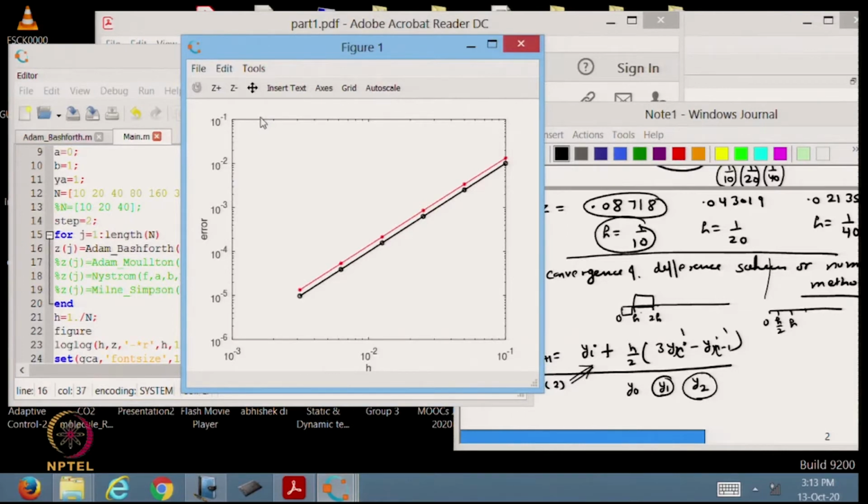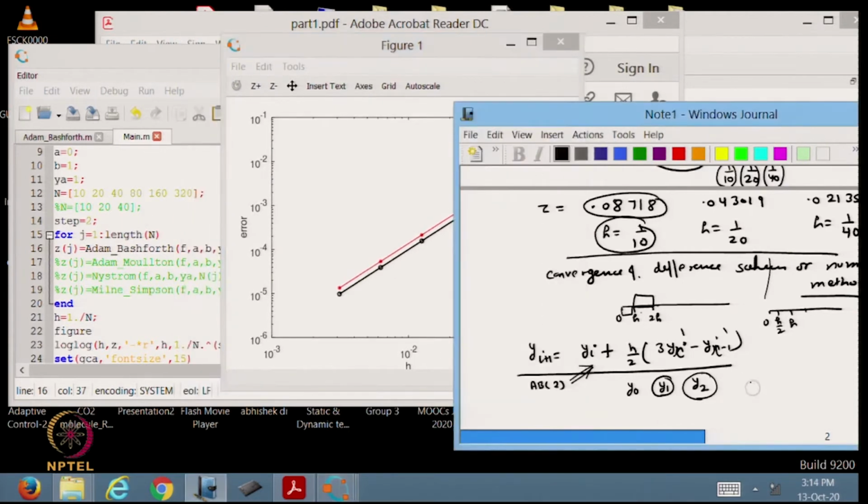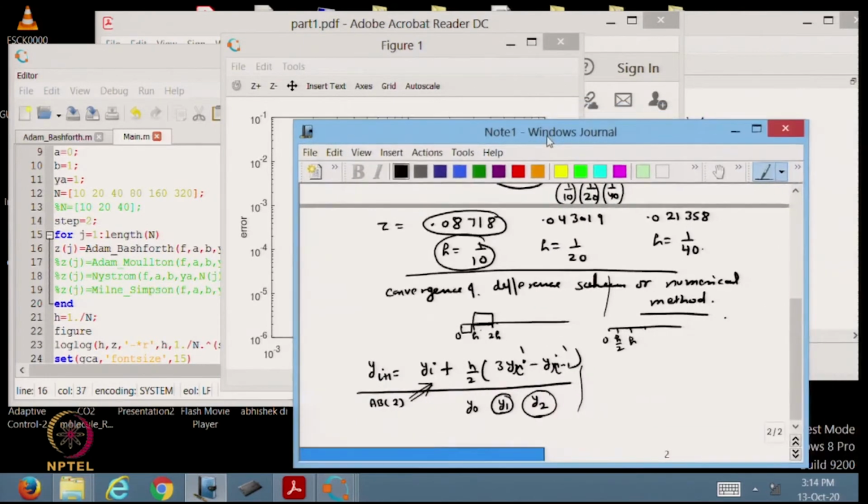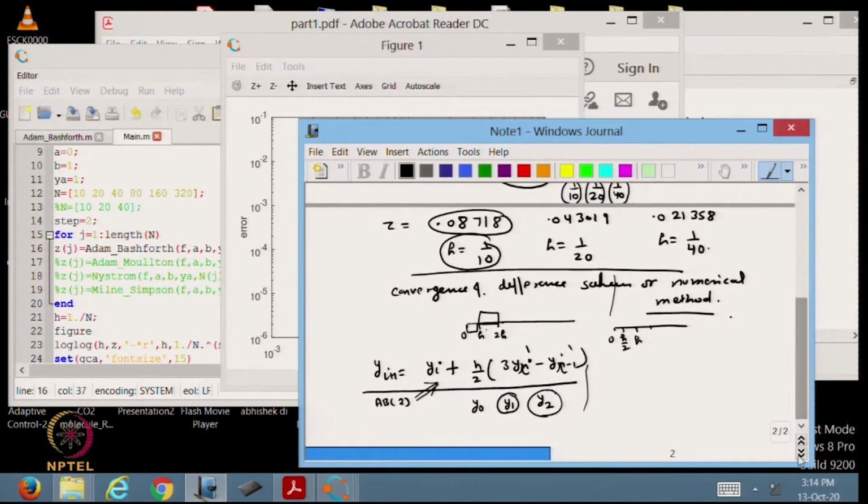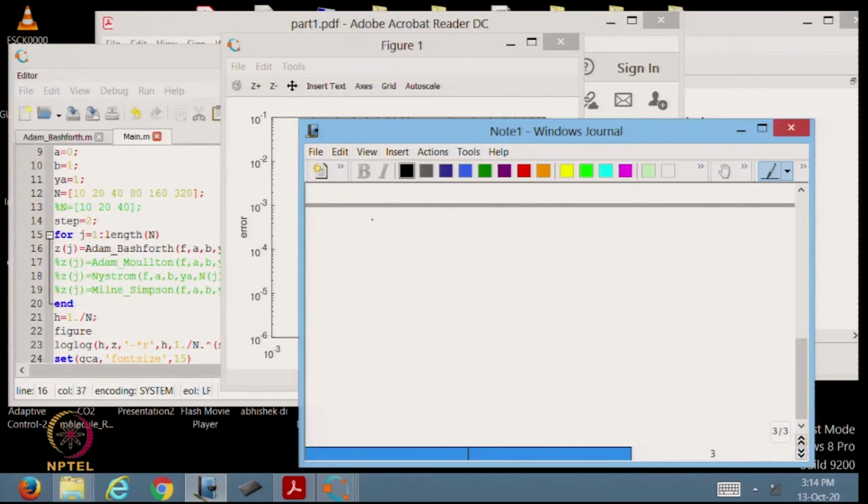So, again I have worked this out for different h: 1 by 10, 1 by 20, 1 by 40, 1 by 80, 1 by 160, 1 by 320, because you can see the array of n.